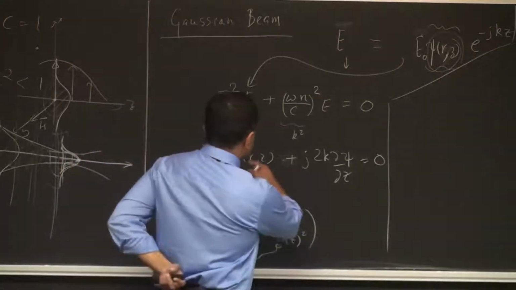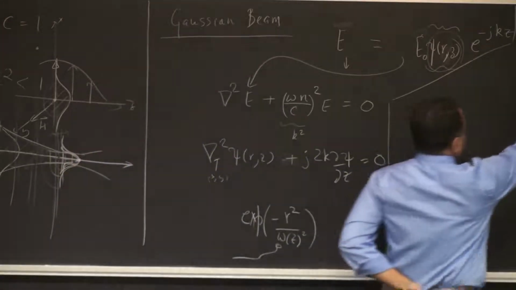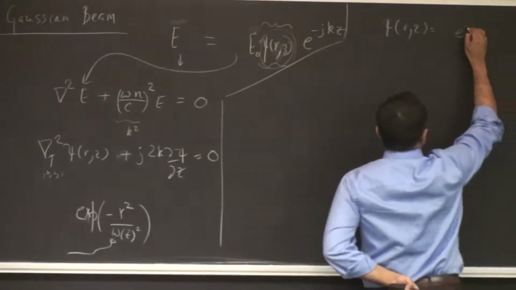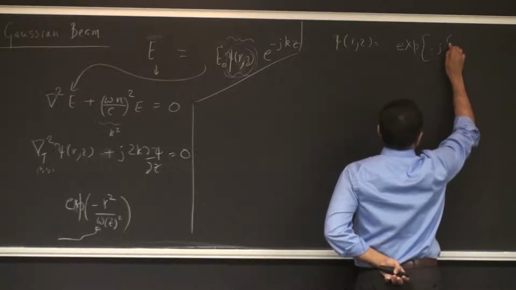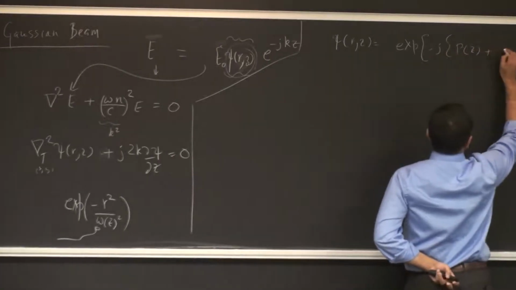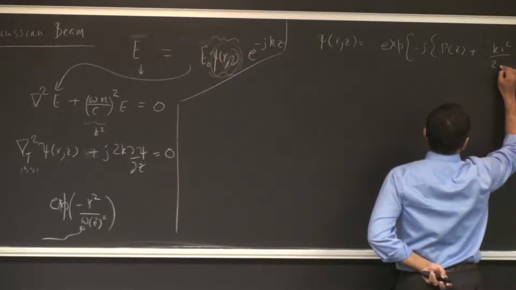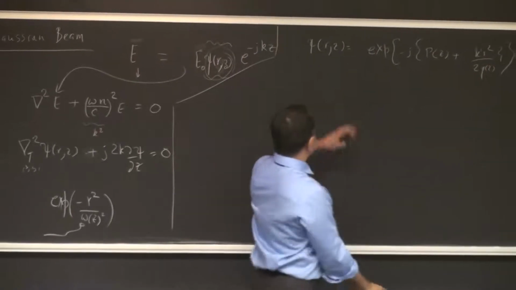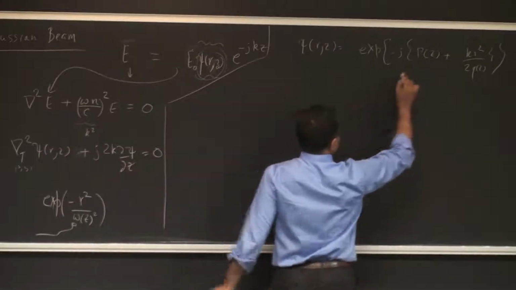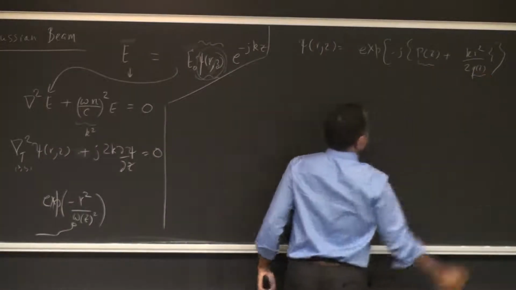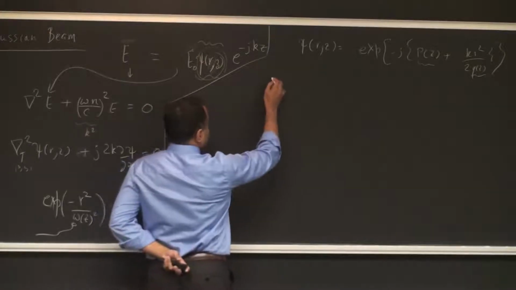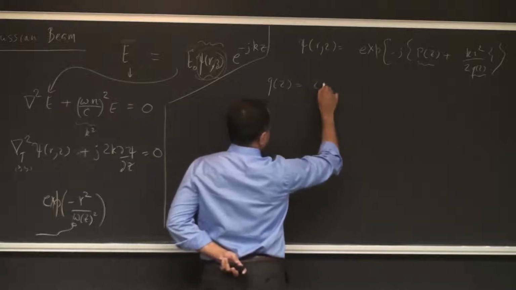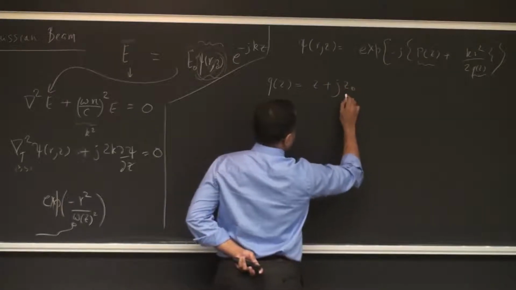So the way you tried it, if you remember, is we said let's try psi of r comma z to look as some p of z plus k r squared by 2 q z, or something like that, right? Something of that sort, and then you try it, and you figure out that you have two equations for p and q, and you had this nice, very important relation of q, which is z plus j z naught,